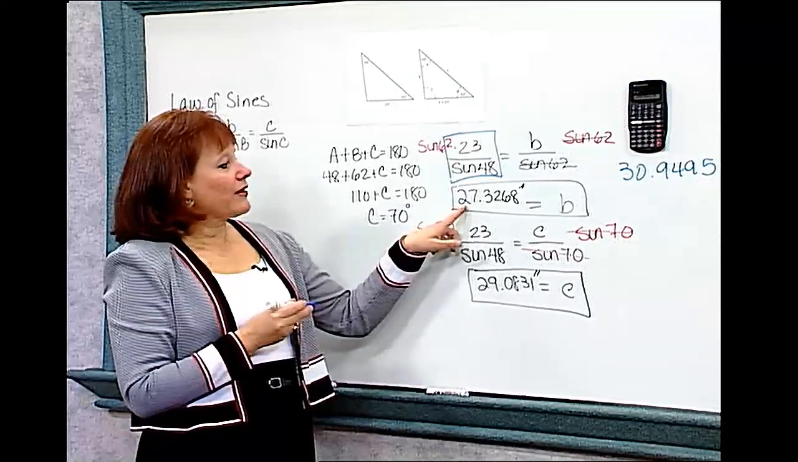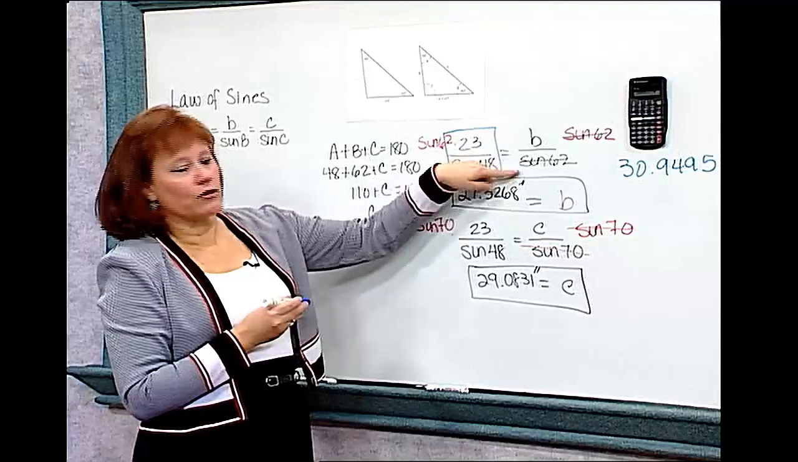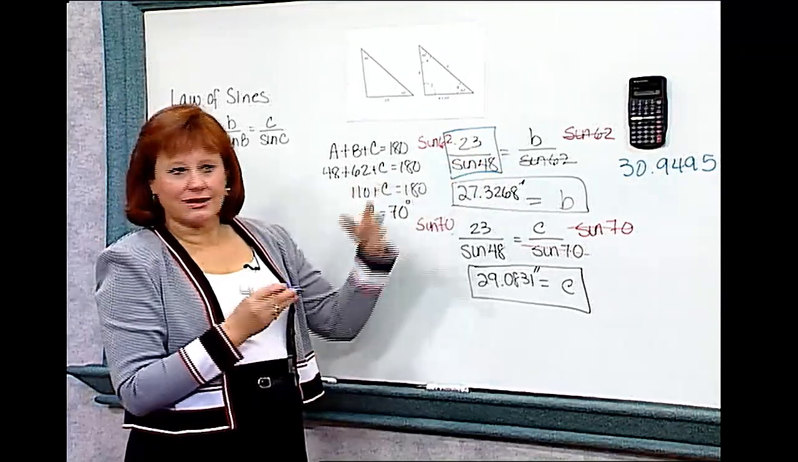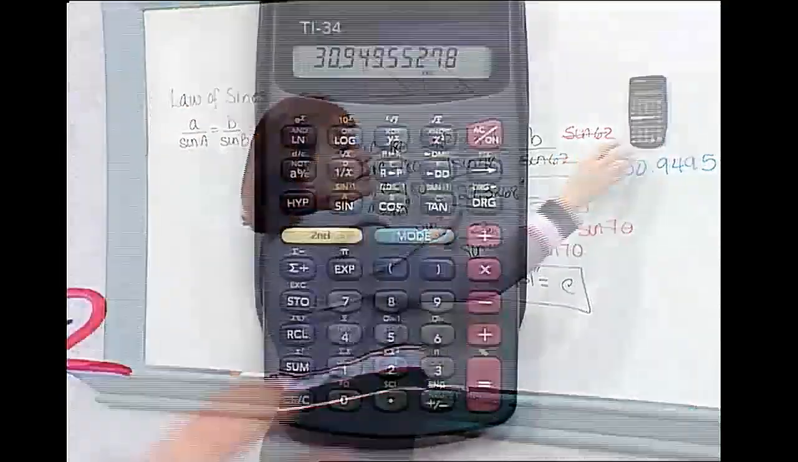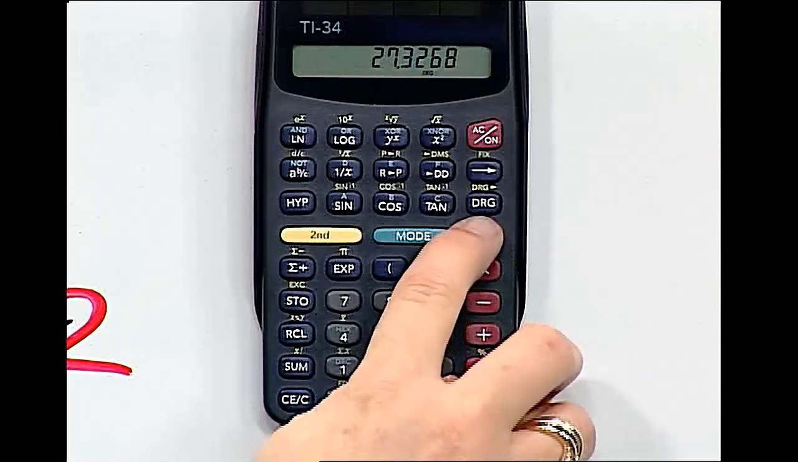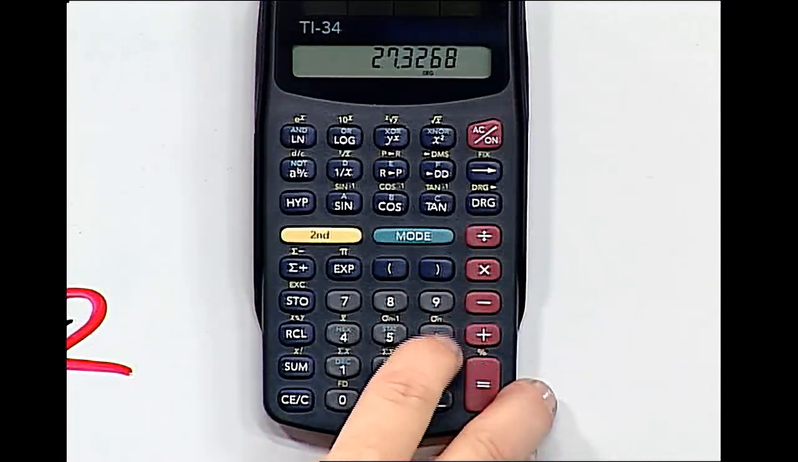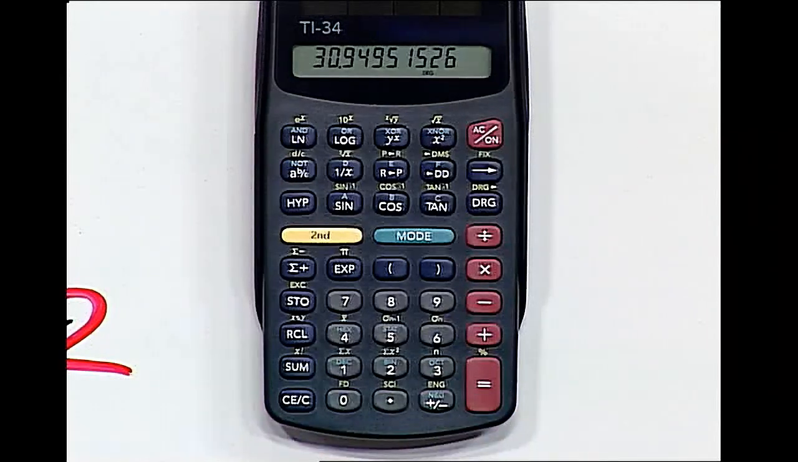When we found b, we found it to be 27.3268, and we know that b was over the sine of 62. So let's check and see if that one comes out the same way. They should be exactly the same. So I'll take 27.3268 and divide it by the sine of 62. And sure enough, it comes out to be